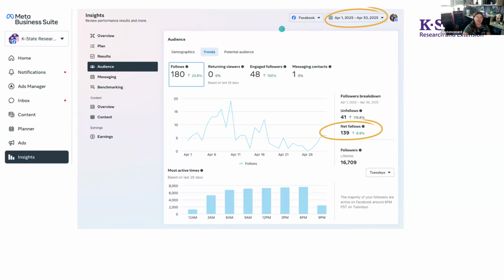So first, how you're going to find your increase in followers is you would hit Audience over here on the left. And then I always look at net followers. So if you just look at this number up here, it tells you how many people followed your page that month. What it does not tell you is how many people unfollowed your page. I want to know what the total is, so I always look here at net followers when I'm tracking follower growth. And then you can see your total lifetime followers there at the bottom. Do keep in mind that when it says lifetime followers, that is like your current following.